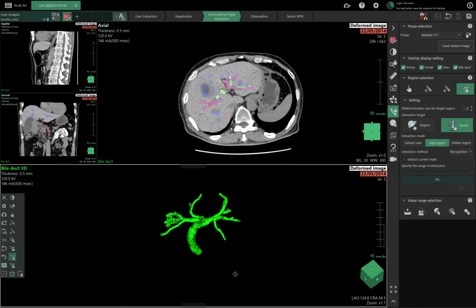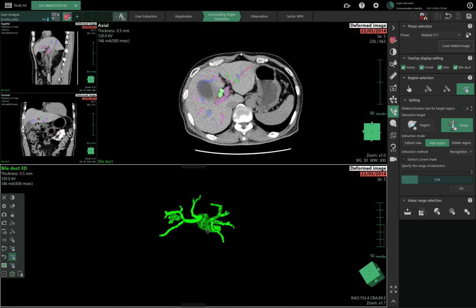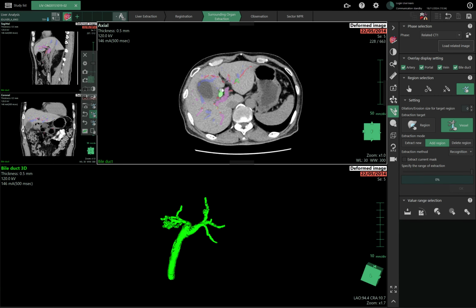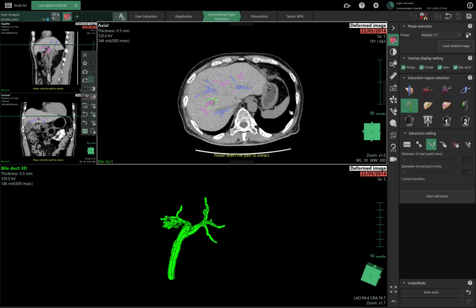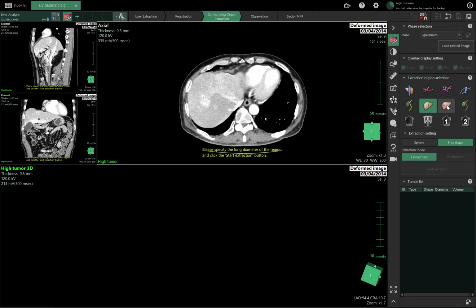I don't like this, so Ctrl Z to go back. Okay, more or less, this is fine enough. I could also manually add some other branches by clicking point by point and adding some other branches, but for this study it is good enough. And then we will extract